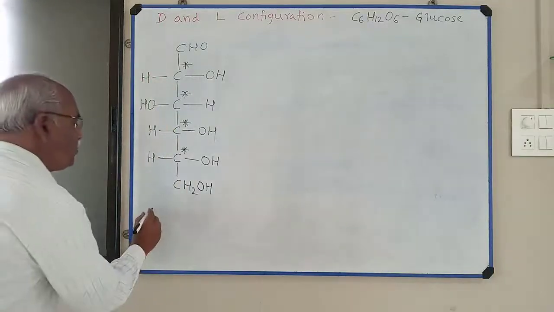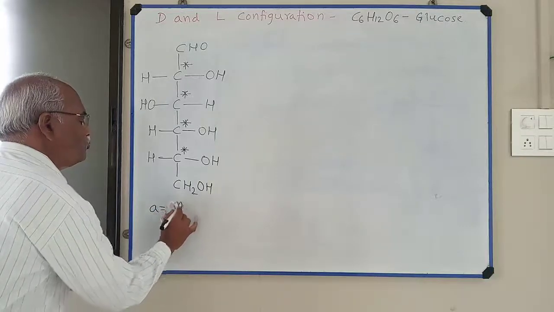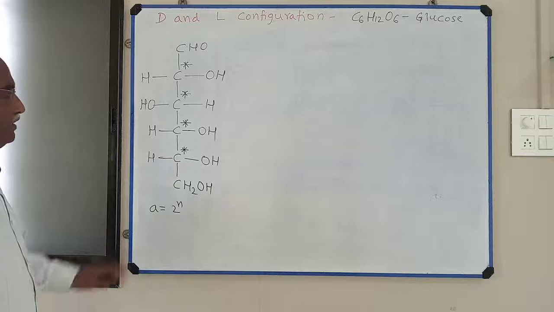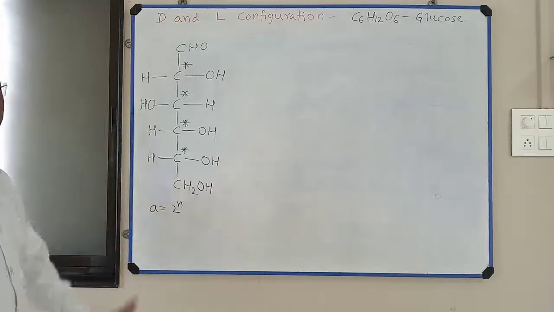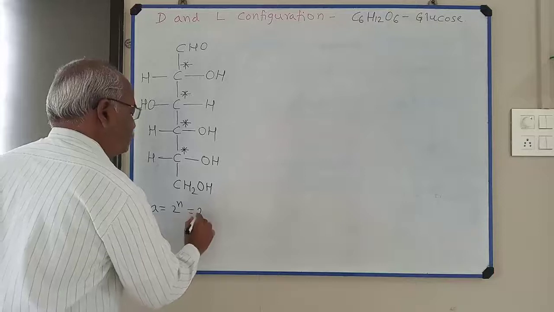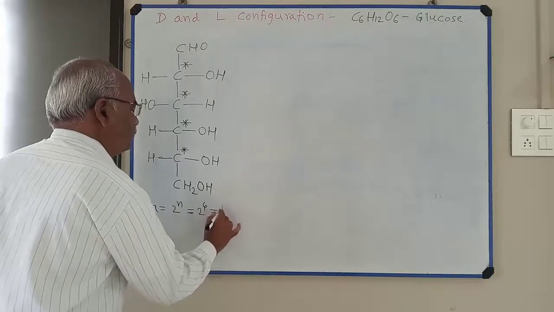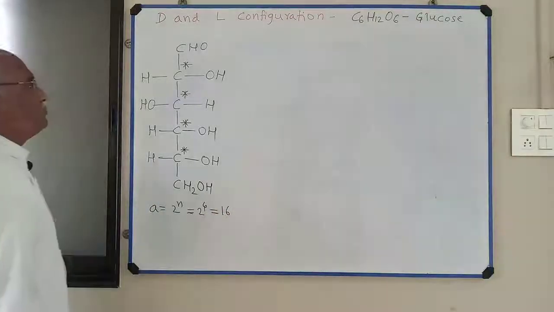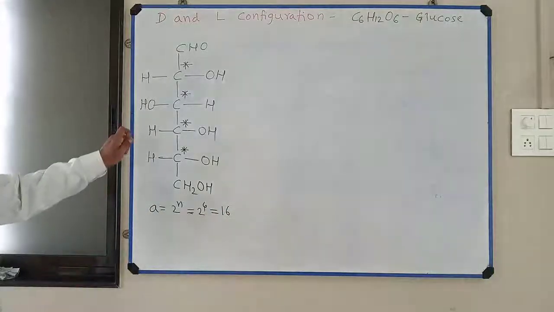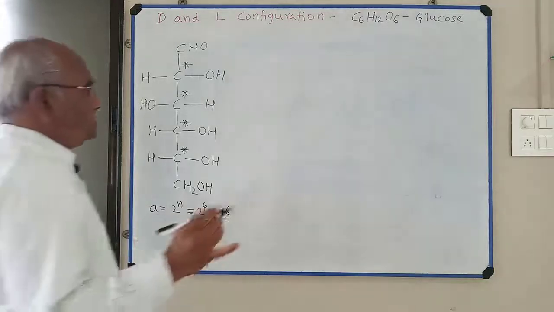The number of optical isomers is equal to 2 raised to n. n represents the number of asymmetric carbon atoms, so that is equal to 2 raised to 4, which is equal to 16. So 16 optical isomers are possible for glucose. Try to understand